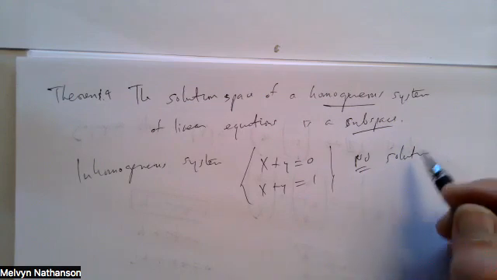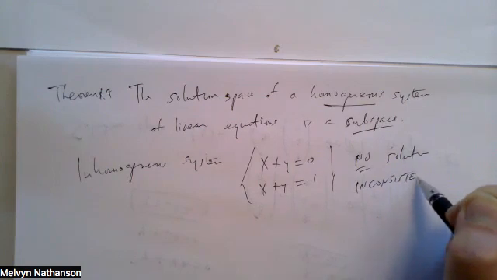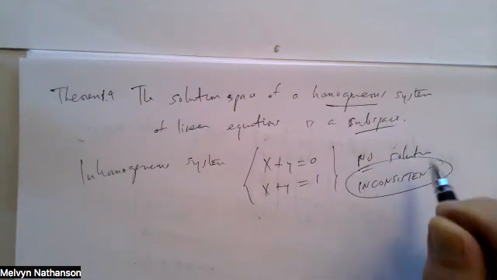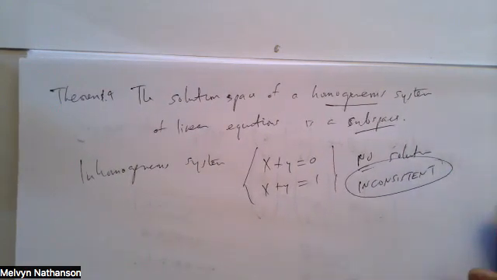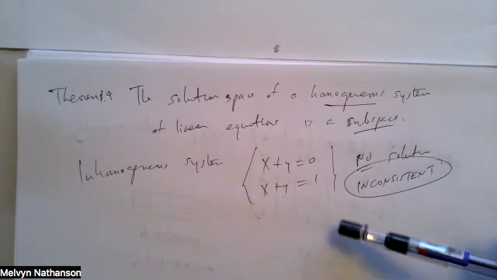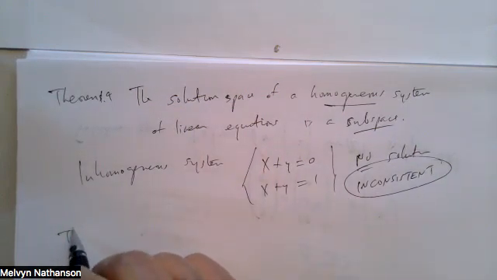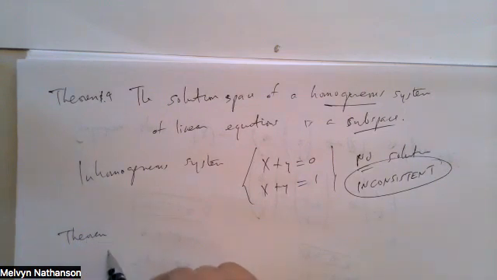So a system with no solution is called inconsistent. So an inconsistent system of equations is a system that has no solutions. Here's an example. But if the system is consistent, which means it has at least one solution,